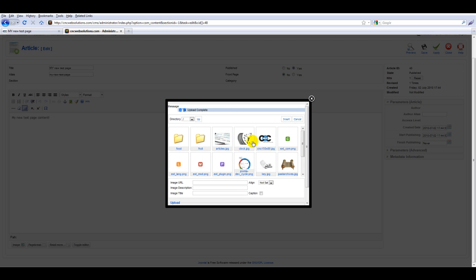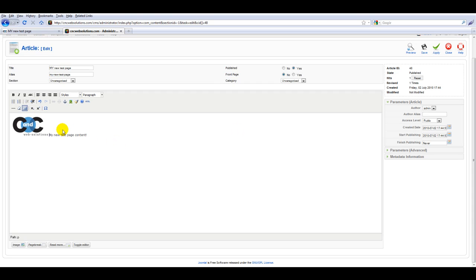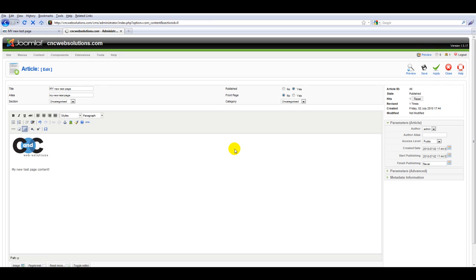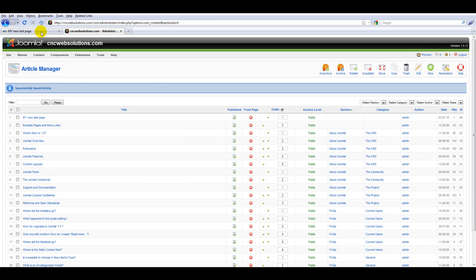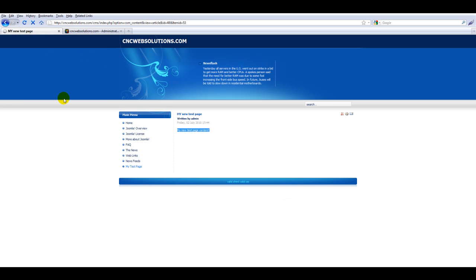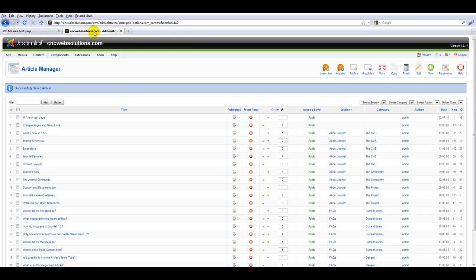I just uploaded my logo, so the logo is there. So we click that, we hit Insert, and we just added our logo. So now we have an image on the page. So we'll save this. We'll go back to our website. We'll refresh, and now we have an image on our website. That was pretty simple. Go back to the administrator section, my test page,